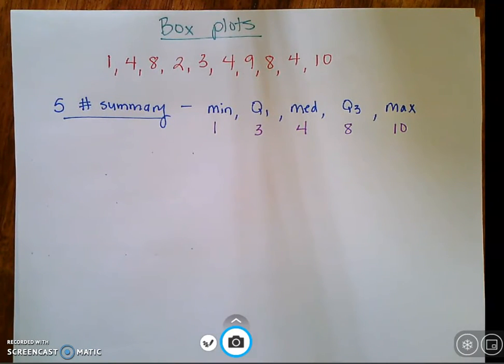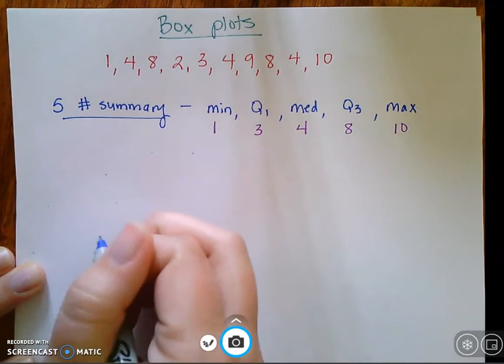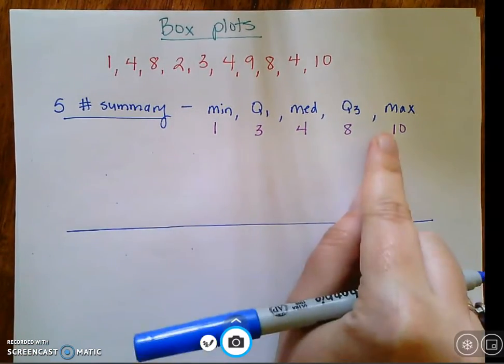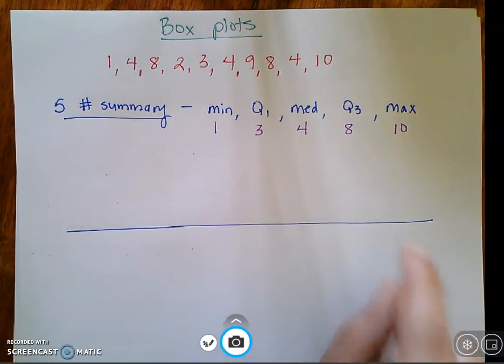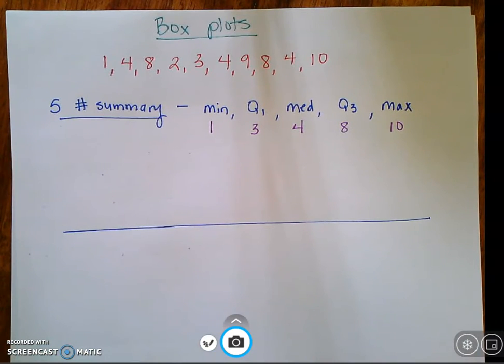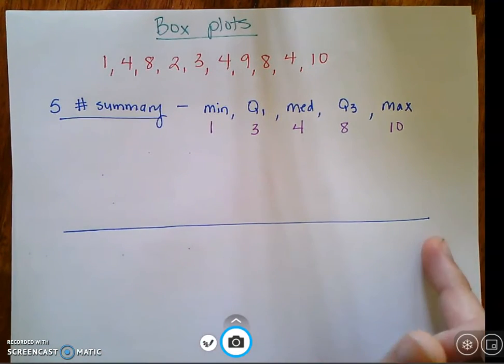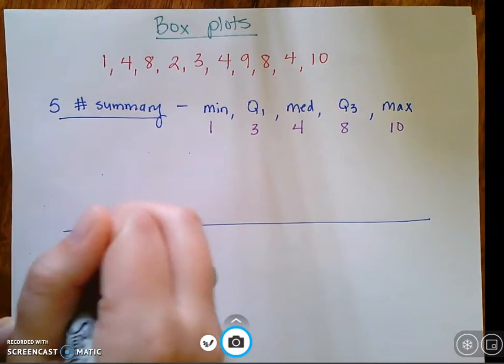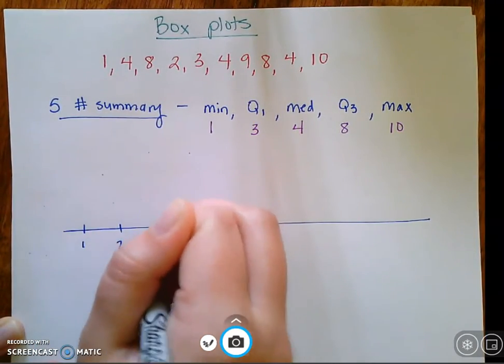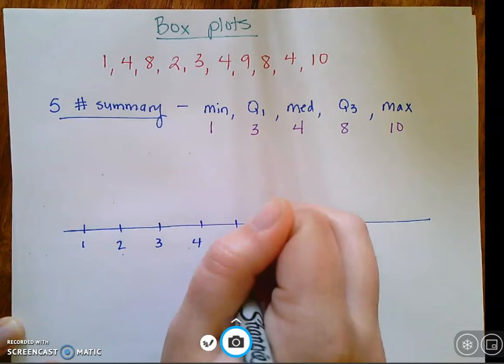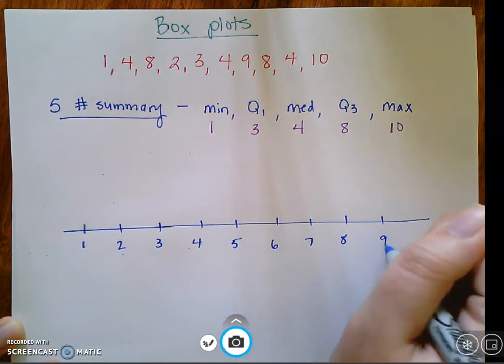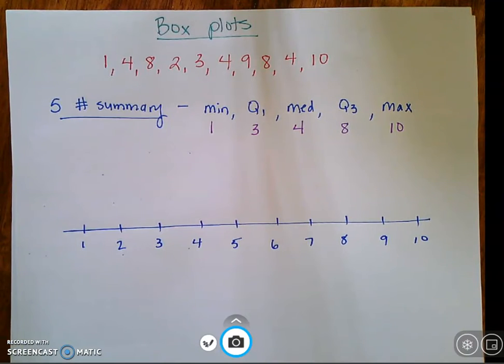For the box plot, the most important thing is the number line. Now, my numbers go from 1 to 10, so my number line only needs to go from 1 to 10. If your numbers went from, we'll say, 25 to 80, your number line would only need to go from 25 to 80. So don't always feel like you have to start at 1. But in this case, I am starting at 1. Now, when I go to draw my box plot,